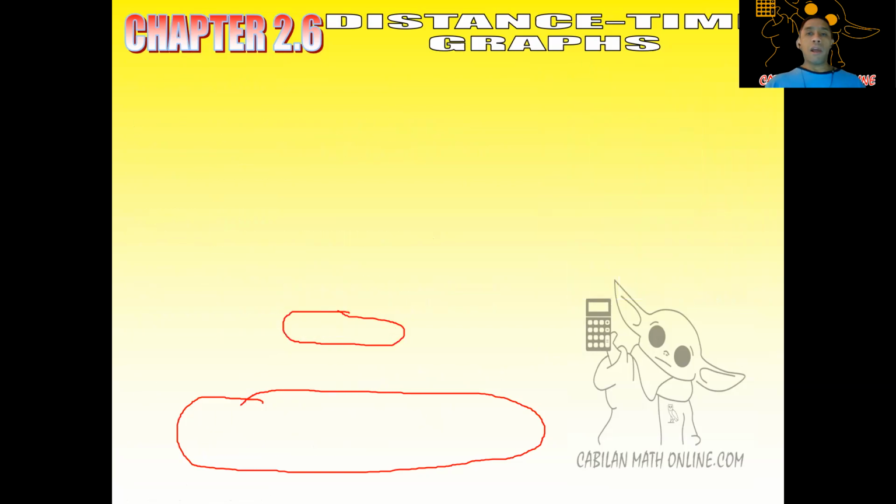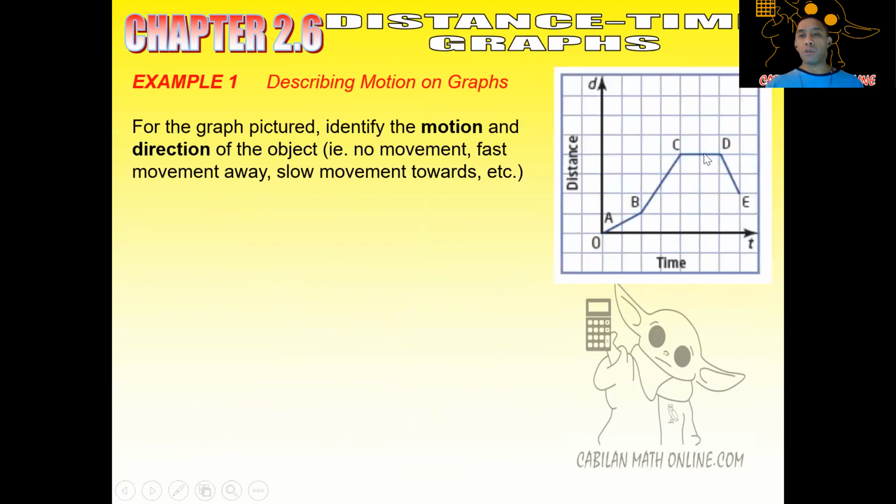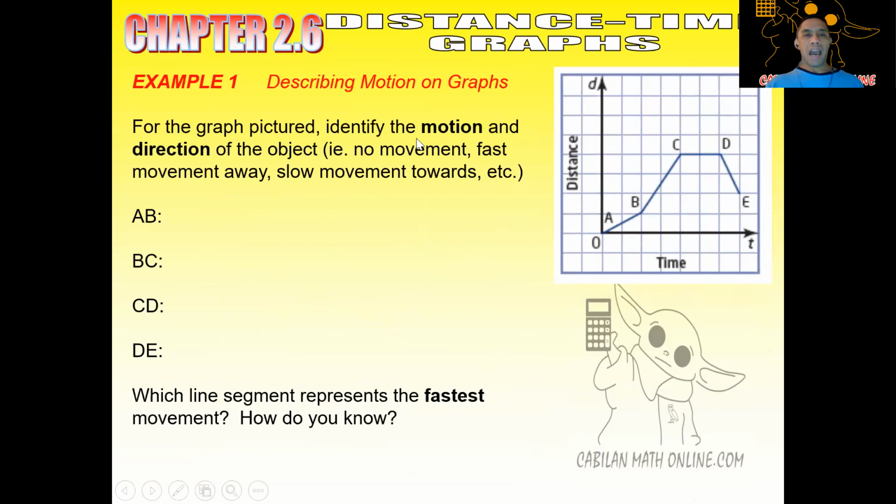All right, so the first example that we have here, we have 1, 2, 3, 4 different sets of lines, and each set of lines tells us something different about the movement of that object. It says: for the graph pictured, identify the motion and direction of the object. What this is asking you to do is, for each set of lines, describe whether it's moving away from where it started, and in comparison to the other lines,